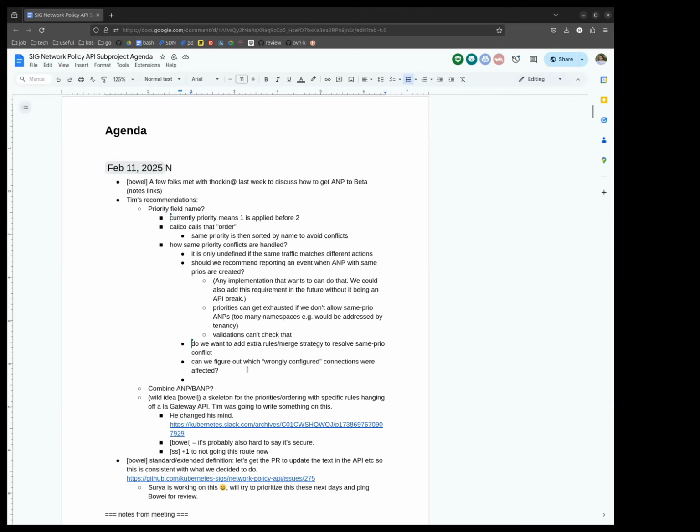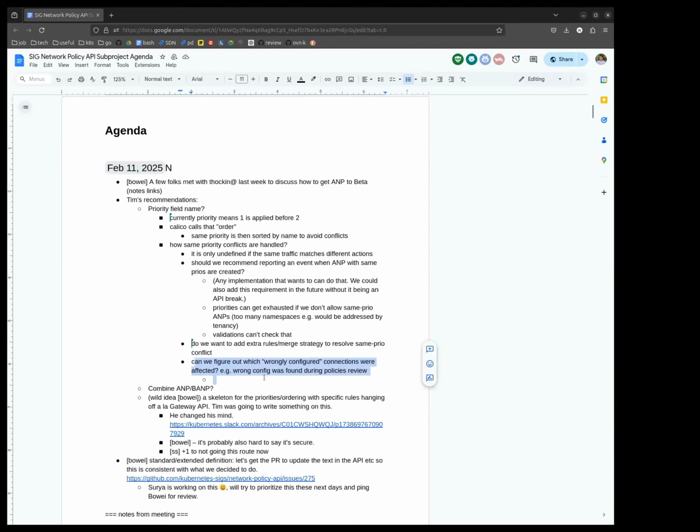And yeah, we all had different tiebreakers, so that was the difficulty. Cilium's tiebreaker was deny wins. Calico's tiebreaker was lexicographic ordering, and I think the OVN one is random in the data plane. I'm not sure. But yeah, getting back to this question. Oh, sorry, Surya. No, go for it. I finished.